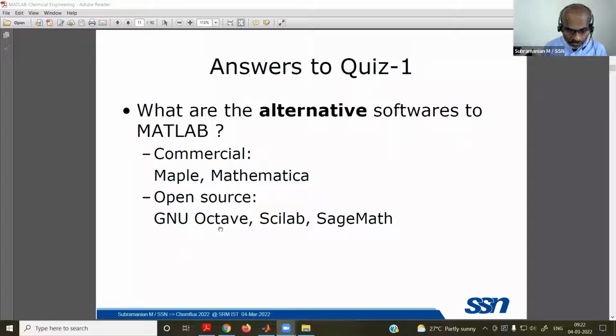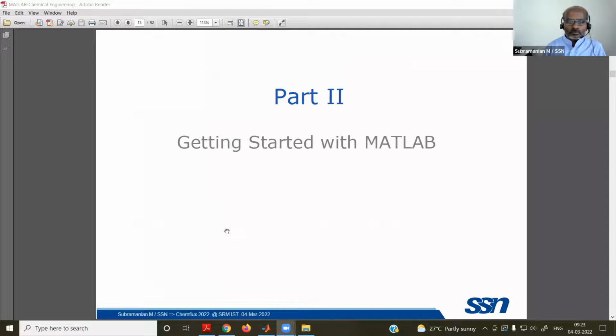And of course, I haven't written this about Python. Of course, Octave, Scilab, SageMath. I should add the other software too. Python even has similar features, almost quite similar to those of MATLAB, that I haven't added in this slide. I should add this. Of course, this slide was prepared slightly earlier.